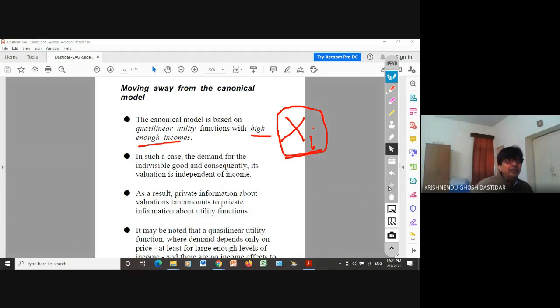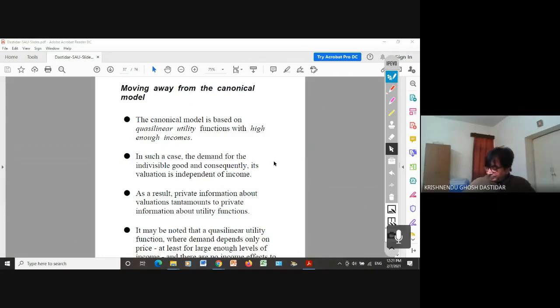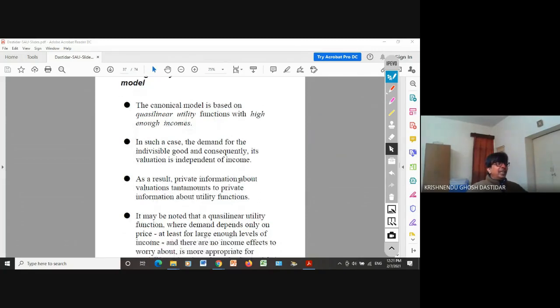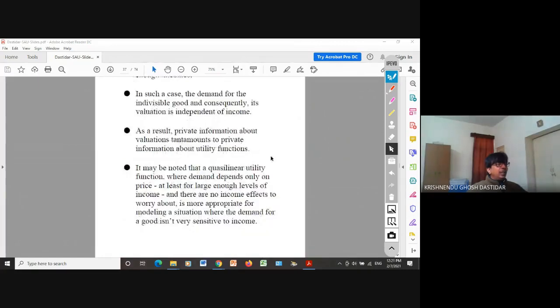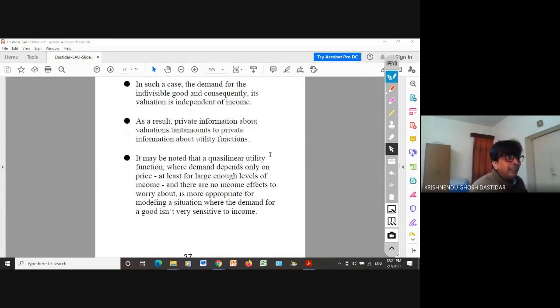Go back to your micro days and you will remember. Now, as a result, private information of values tantamounts to private information about utility functions. So it may be noted that the quasi-linear utility function, which depends only on price and not on income,